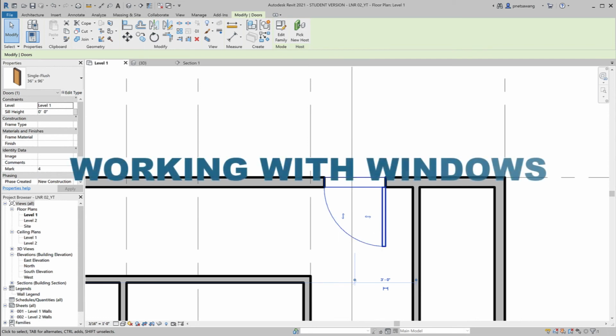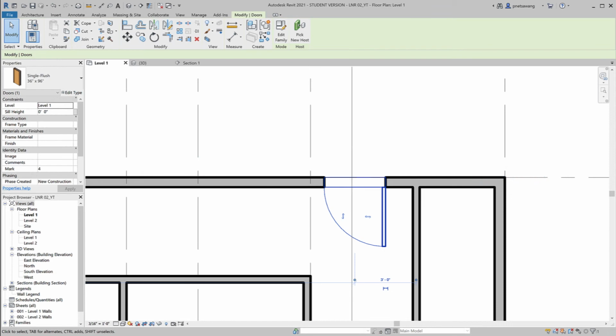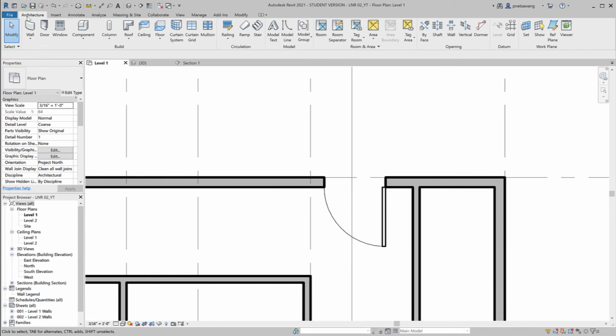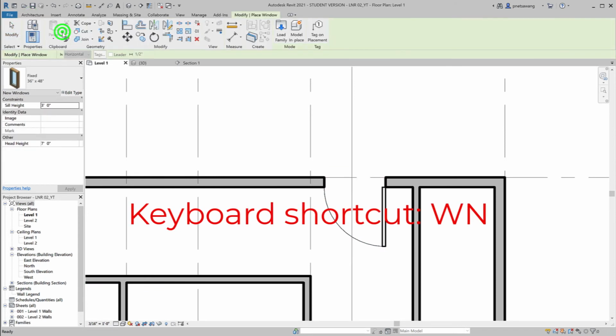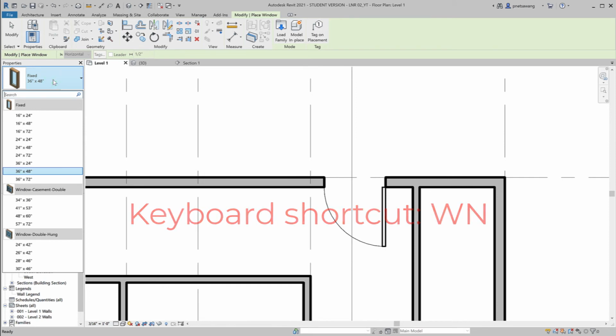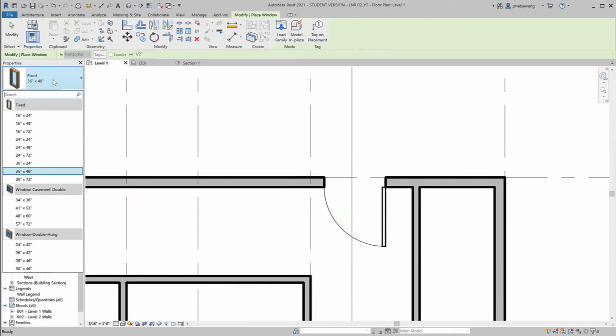Now we are ready to talk about windows. Windows work pretty much the same way as doors, with a few exceptions. To get to window, we're going to go to Architecture, then select Window. On the type property, you see that there are already a few window families preloaded. The family that we're looking for is Fixed, and the type that we're looking for is 48 by 72 inches,